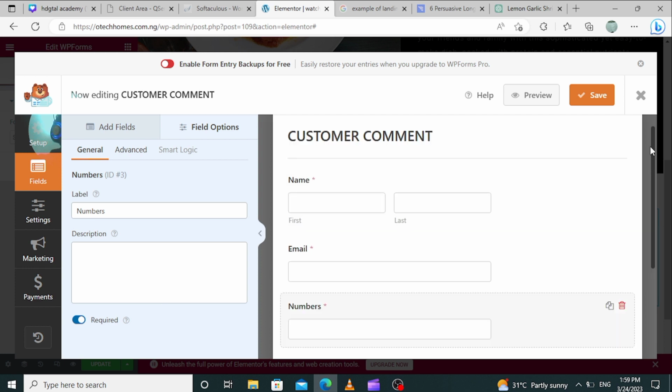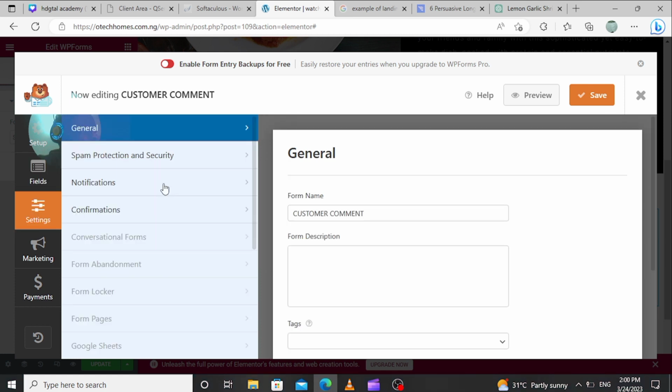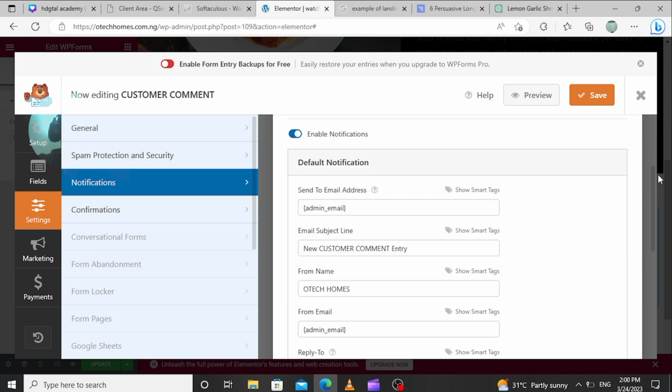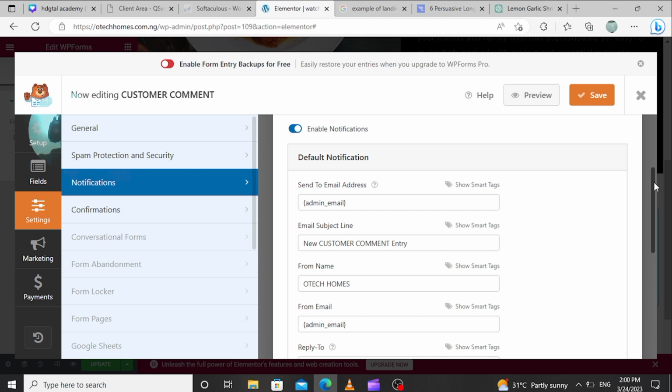Now the next thing, after you create your form, you come straight to settings. Under settings, you come to notification. Under notification, here is where you put the email. After they fill the form, where do you want the form to go? You put the email here. I did a video on how to set this up, how to set up your administration email. So go and watch the video on how to set your administration email. The video is here, so please go and watch it. And after you watch it, if there's any question, kindly drop it under the video, and I'm going to